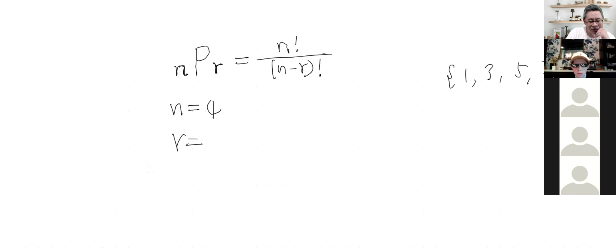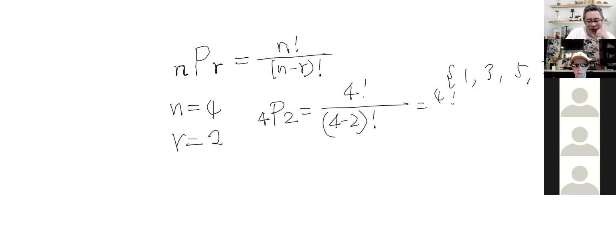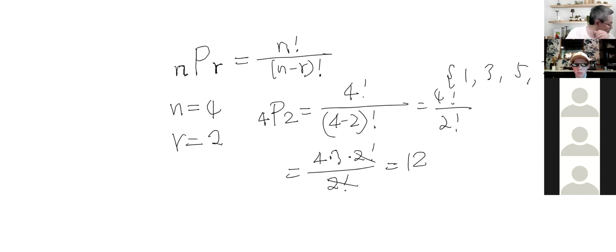So therefore, what we got here is 4 P2, that equals 4 factorial over 4 minus 2 factorial. That gave us 4 factorial over 2 factorial. And we know 4 factorial is just 4 times 3 times 2 factorial. And we got 2 factorial on the bottom, that cancels, we got 12. So now with the formula, we can easily find out